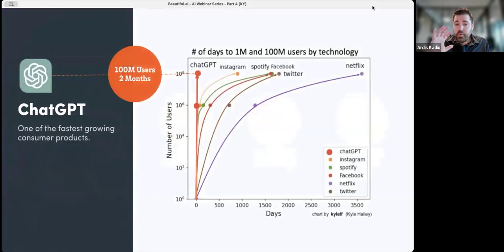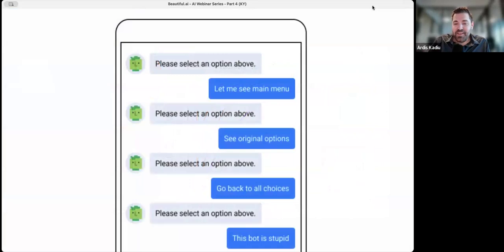All right. So obviously, for a lot of us, ChatGPT has been the poster child for generative AI and productivity boosting. And it's actually a chatbot, right? It was one of the fastest growing, but it was really, really good. Before ChatGPT, we didn't really have a lot of really great chatbots out there. And here is one, for example,